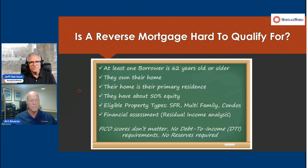FICO scores don't matter on the HECM product. So you can be a 595 borrower and still be able to get a HECM reverse mortgage. And again, as it says there, no debt to income ratio. So it's pretty easy to be able to get qualified. It's fairly rare for us not to be able to help a homeowner get that loan if they have enough equity on their home. So